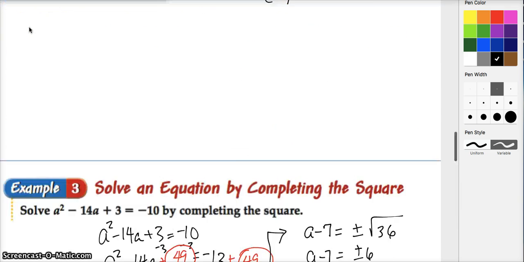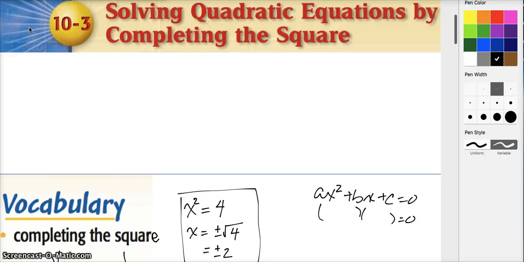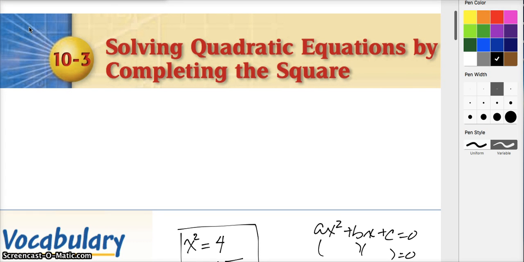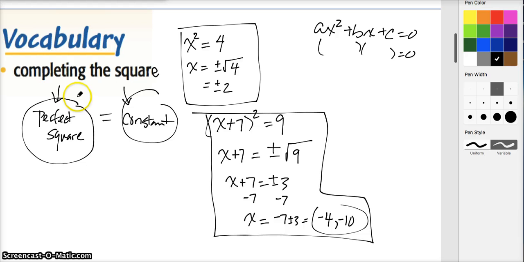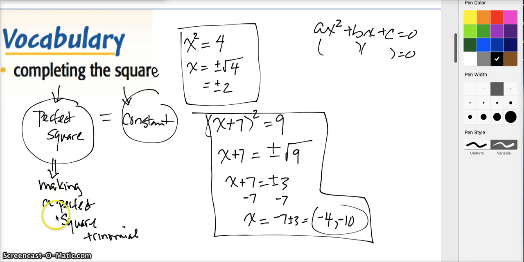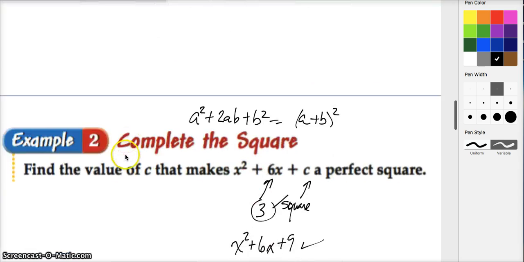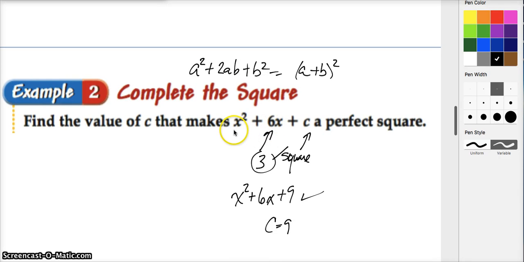Okay, so with that in mind, I'm going to go back up and talk a little bit about completing the square. Completing the square means that we create a situation where we have a perfect square on one side and it's equal to a constant, and then we go through and solve that equation. We make the perfect square by making a perfect square trinomial. We did that by making sure that the a value, the lead coefficient, is 1, and we take the b term, we cut it in half,